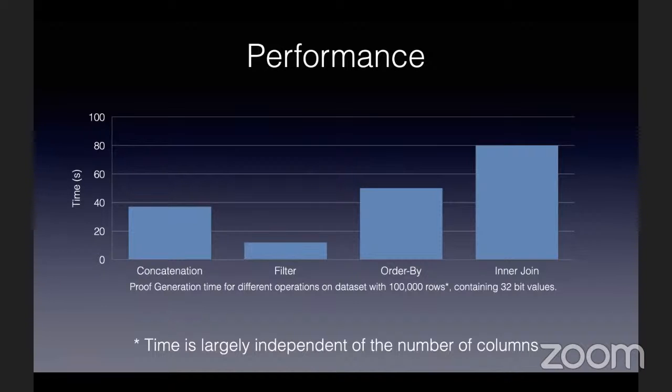So proving something like a concatenation relation in zero knowledge takes around 40 seconds. So it's much slower than doing plain text operations. If you just do a plain text concatenation of data sets with 100,000 rows, it will probably just take a millisecond, but here we run into 40 seconds. Most operations here for data sets of size 100,000 are in the order of a minute. If you go to a million rows, you will start going into hours.